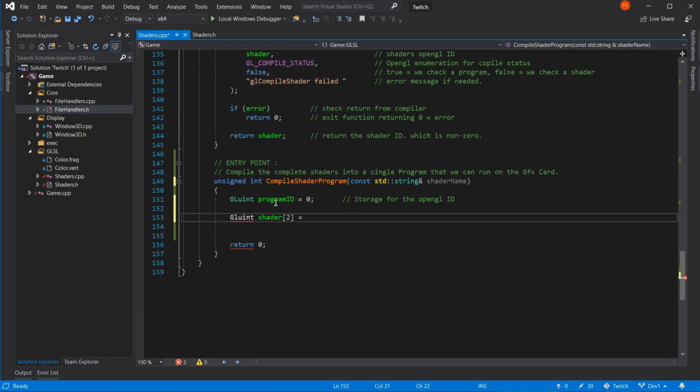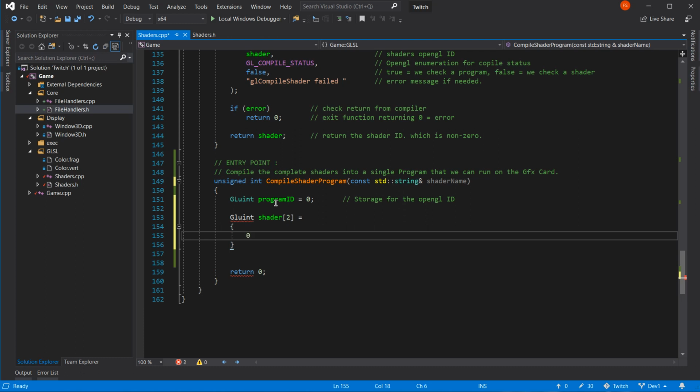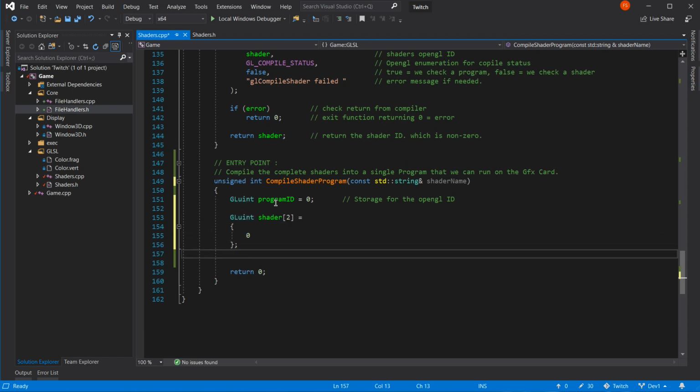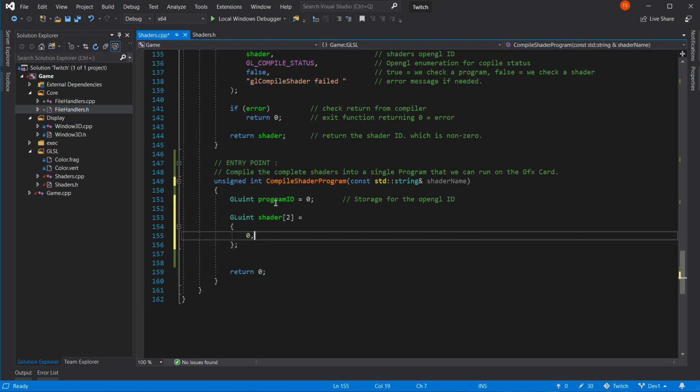And our initialization will be 0. Capital L. And we're cooking. Right, does that look okay? Oh no. We've only got 2 of them. There you go.